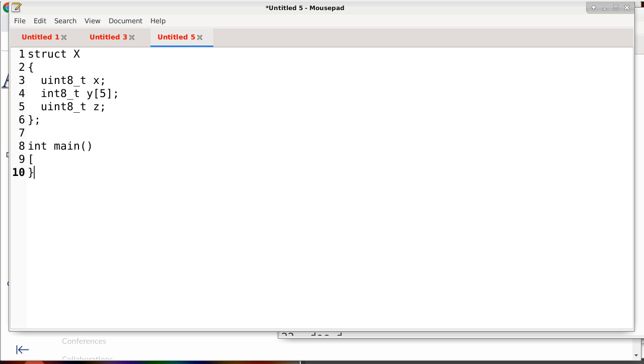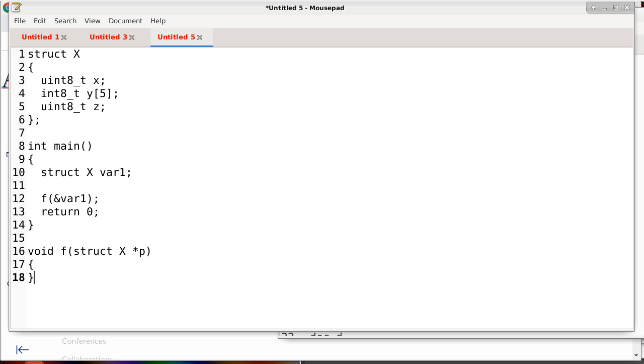and so in main we have an actual structure definition, struct X. Let's call it var1, and then we'll call a subroutine called f again. We'll pass the address of var1 to f, and that's the end of this entire thing. And this is f. F as a subroutine is expecting a struct X pointer,